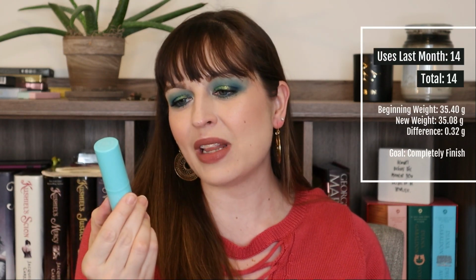The letter G, I still have a very strong opinion on my Tula. This is the Tula Glow and Get It Cooling and Brightening Eye Balm. I will be hate panning this all year. It's not that it's a bad product. Please, it's not like the e.l.f. It's just not what my skin needs, so I shouldn't have purchased it. So again, I did use it 14 times. I will continue to use it until I use it up, but you guys, this is going to be an